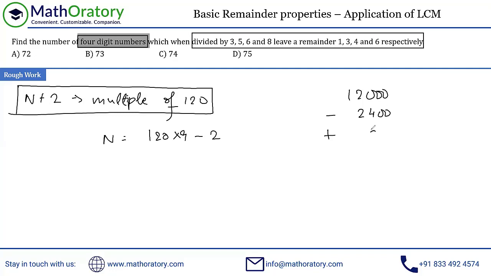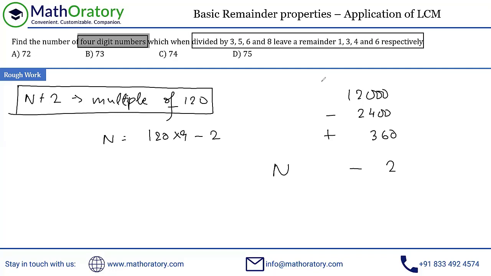So I can add 360. That is not an issue, isn't it? And again, check this out. This is the value of n plus 2. So in order to get n, I need to subtract another 2 from this, right? So this is the number we are looking for, the highest one.